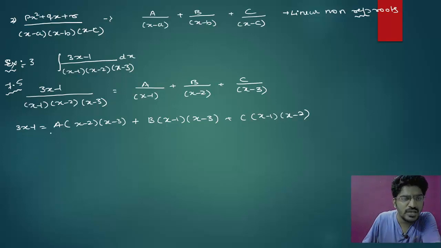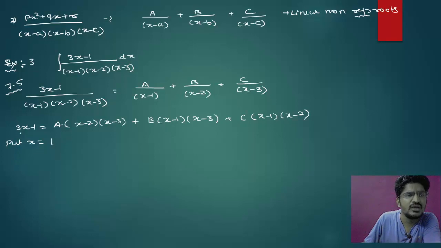Now to get the A term you have to make B and C as 0. So for that I will put x equal to 1. If I put x equal to 1, B will be 0 and C will be 0. So 3 into 1 is 3, 3 minus 1 is 2,